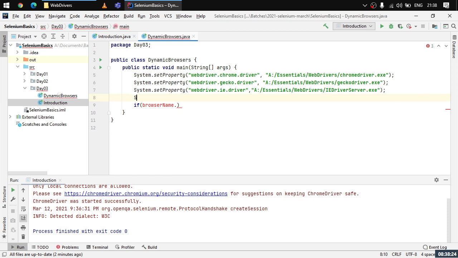So first thing is String browserName equals, what's the browser name? I want to go with Chrome right now. So this is done. Now if browserName dot equals Firefox, right, then what should happen? If it equals Firefox, then in that case